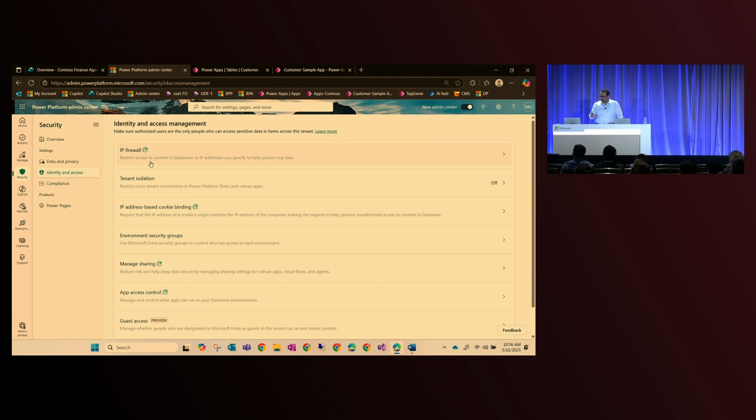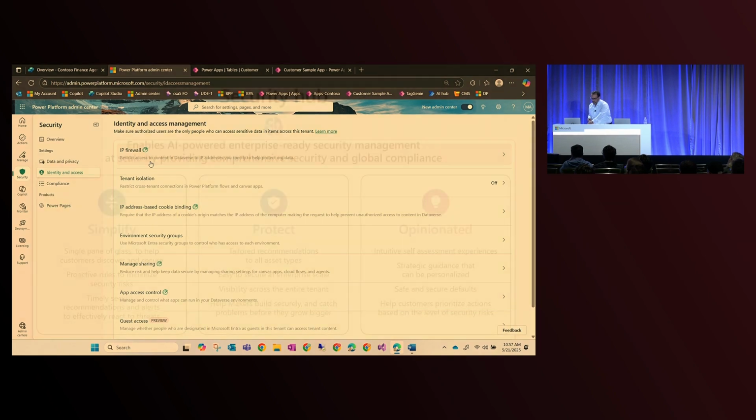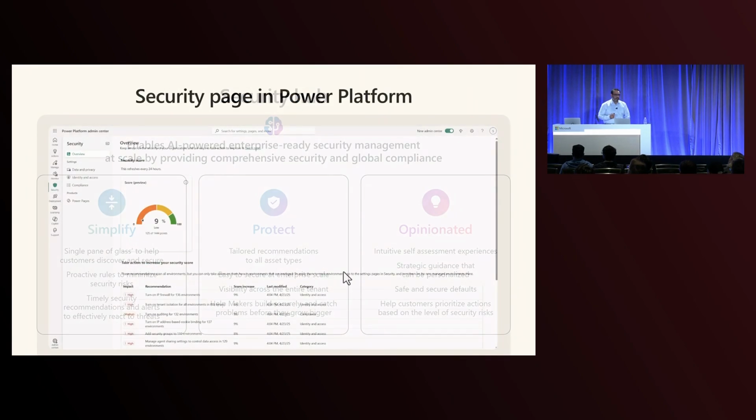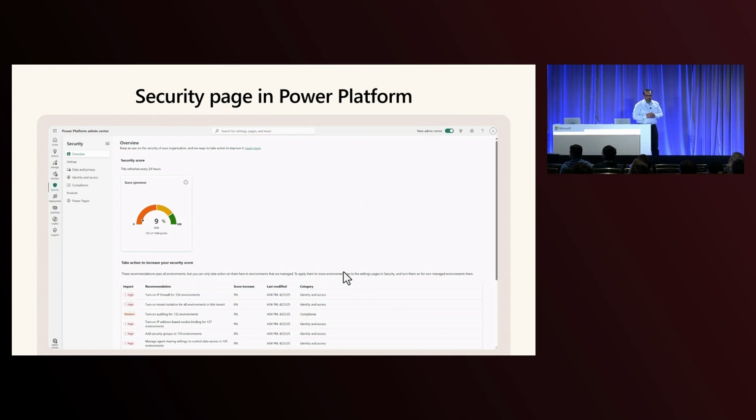Now I want to switch to some slides. We saw the security page, from where you can, in a central place, review certain aspects, what the security situation in your environments is as well. You get some recommendations and you can take actions on that.